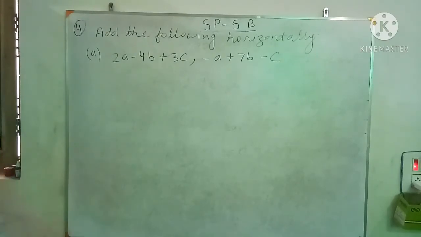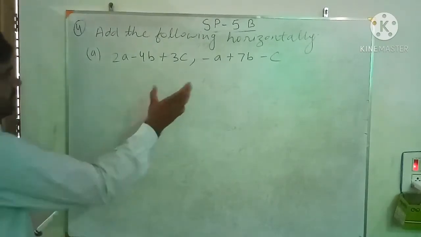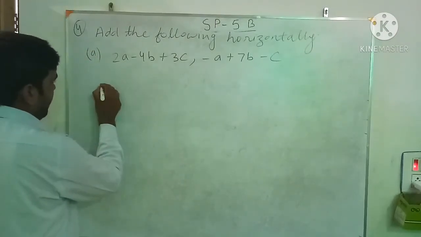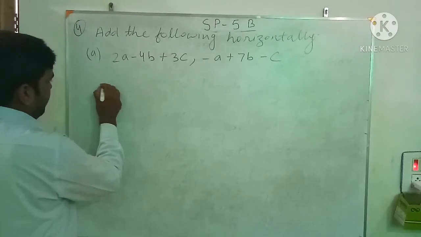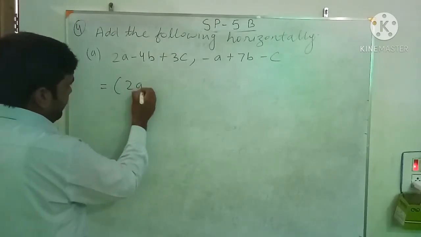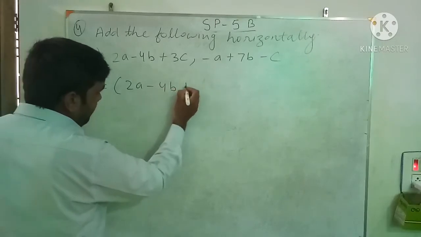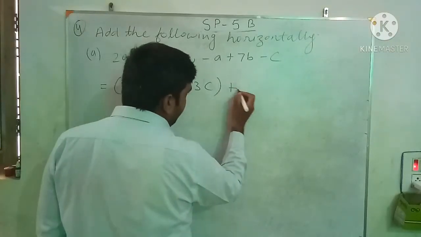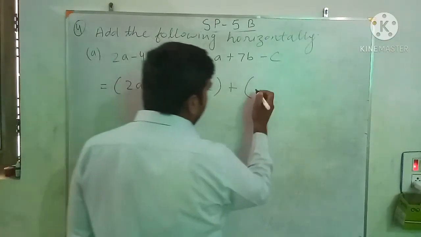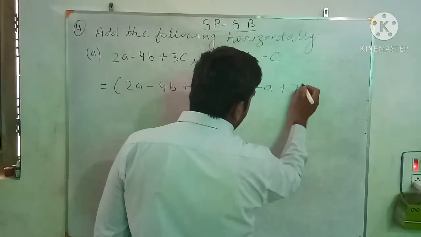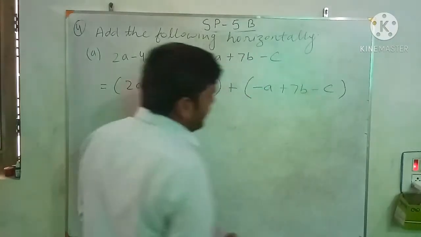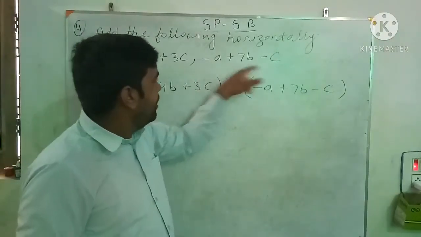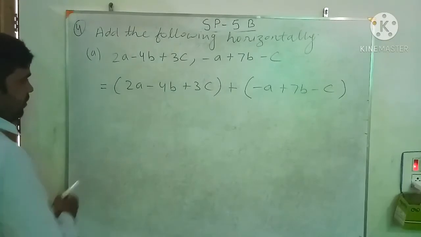So we write this horizontally, see, in two different brackets we add it. In one bracket we write the first polynomial, 2a minus 4b plus 3c, plus, in the second bracket we write the second polynomial, minus a plus 7b minus c. Okay, we make two groups. In one group we write the first polynomial, in the second group we write the second polynomial, and we have to add it. Now see,